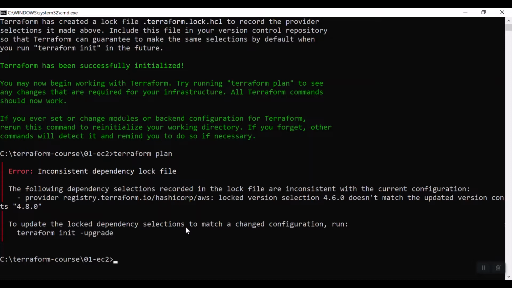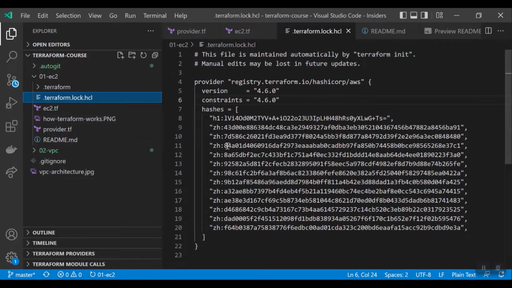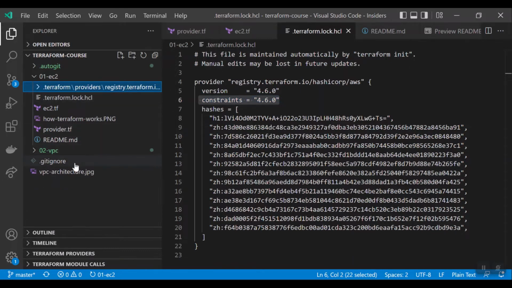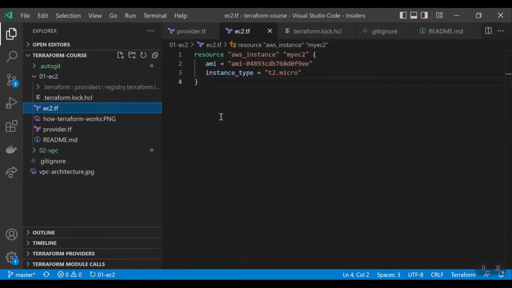So that is why we have the .terraform.lock.hcl file to log the version when you write the Terraform. You have to check this file into the remote repositories, so that when others download yours, if they run Terraform init, Terraform will make sure it downloads the same version used when you wrote the Terraform files. Okay, so this is the importance of the .terraform.lock.hcl file, and you should ignore the .terraform directory in your .gitignore file like this. Okay, I hope you understand this.